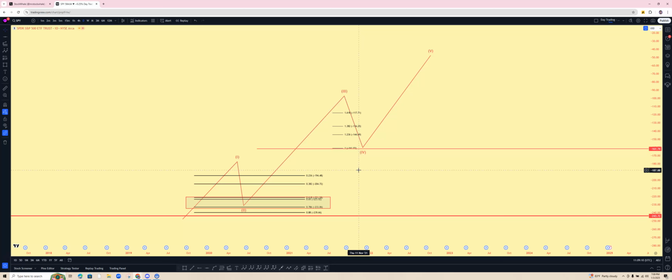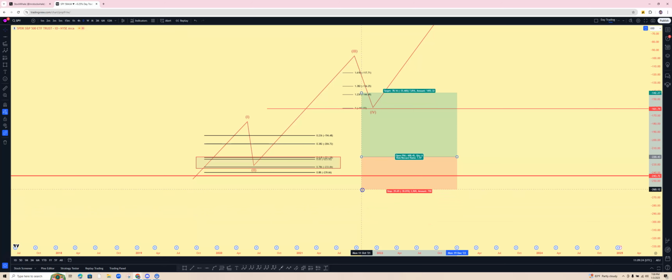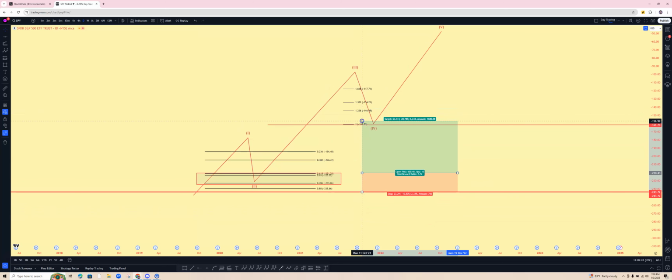In the risk reward scenario, you always want to make sure you have at least a 2x, maybe even 3x risk to reward scenario. And there's a tool here called the long position, right? If you click on the long position here on TradingView, just push in where you want to put your stop loss. You push in where you want to take profit. And you can see here the total risk to reward scenario is 2.52, guys.